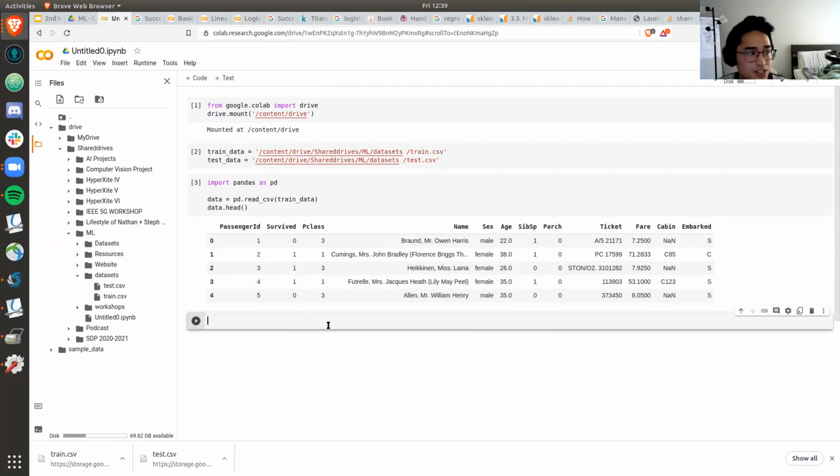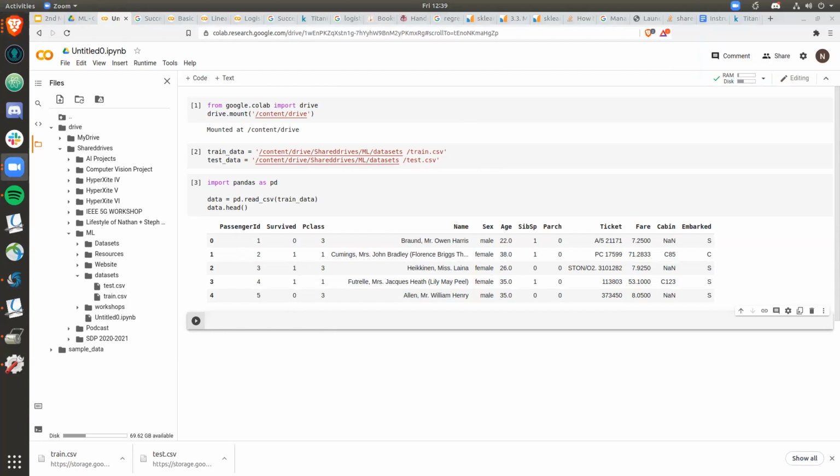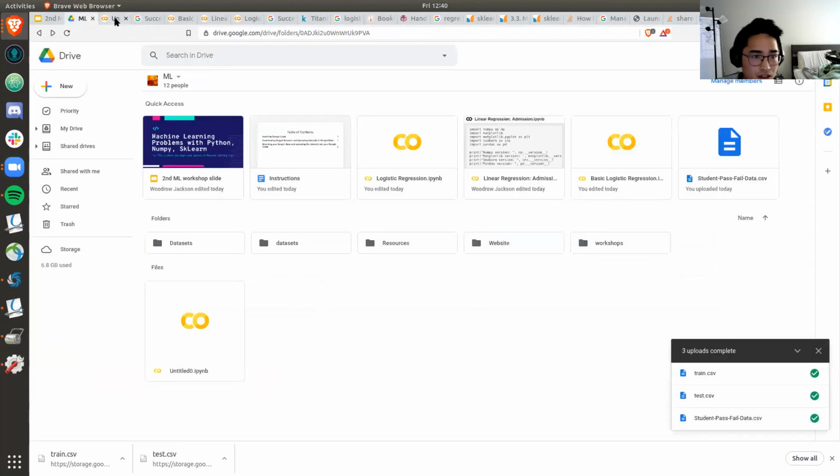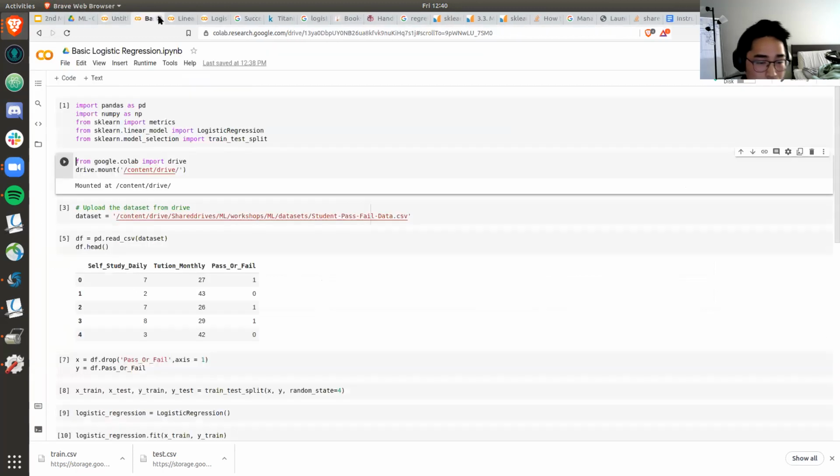Did that whole process make sense for everyone? Should I go back to a specific process or a step? No, but you can carry on. Okay, cool. So just let me know if we need to slow down so you guys can catch up. But yeah, okay, so Woodrow, you can now head into the linear regression model.